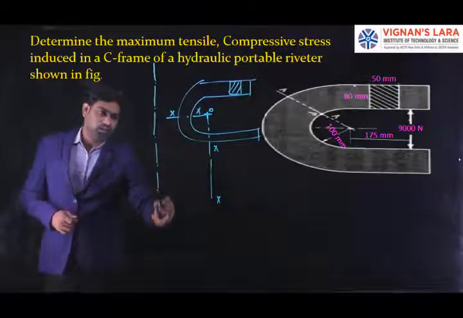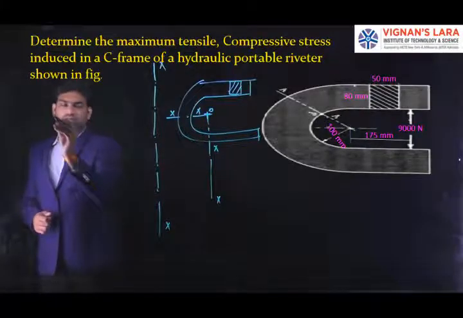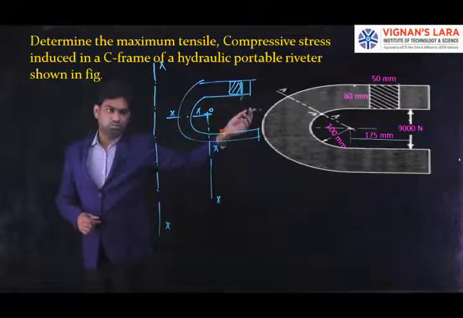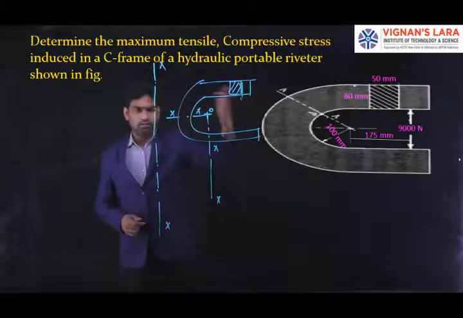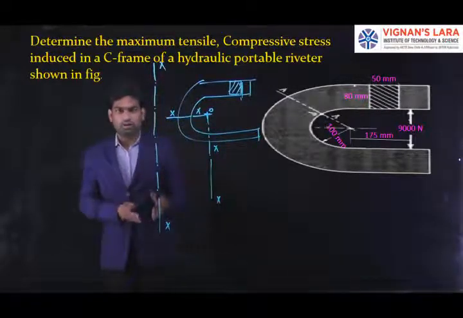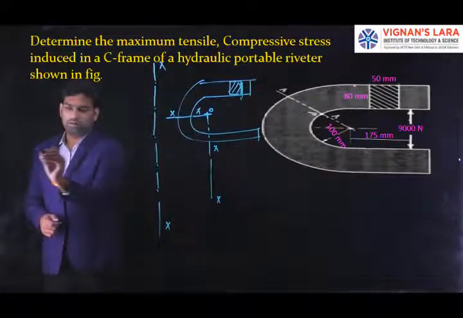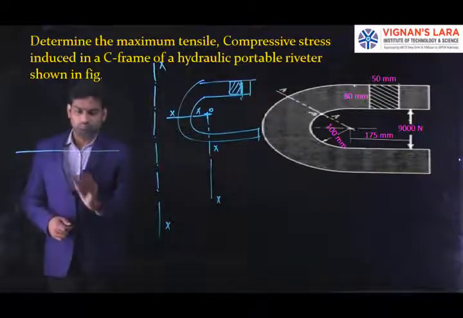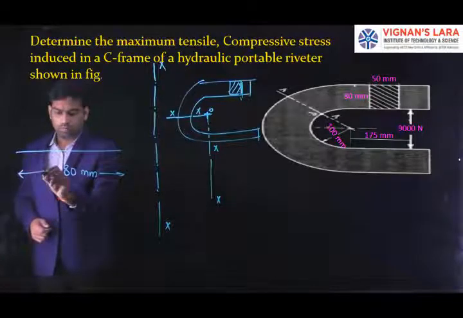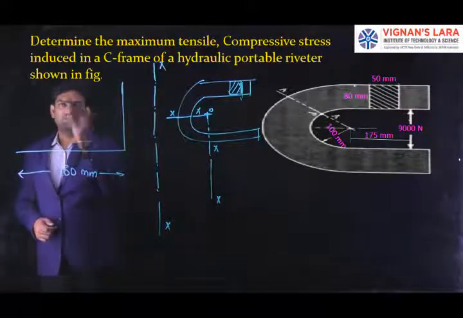So this line indicates the center of curvature line. On the cross section, as I stated, this is the depth. But if you rotate the cross section in this fashion up to this extent, we get the depth which is perpendicular to the center of curvature line, so I can draw this depth perpendicular to it, that is 80 mm. So it is a rectangular cross section and the width is parallel to the center of curvature line.